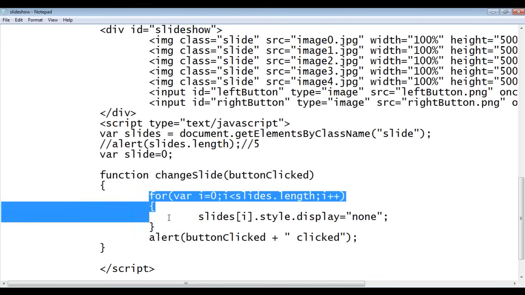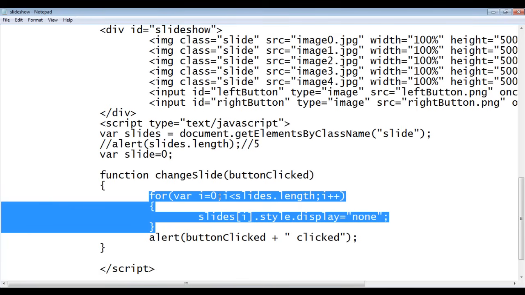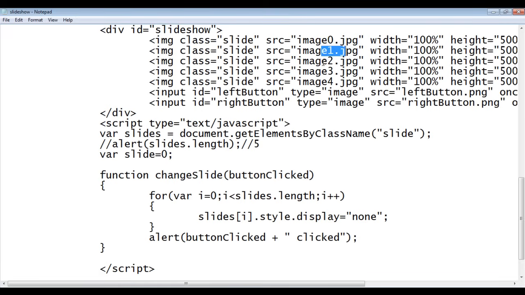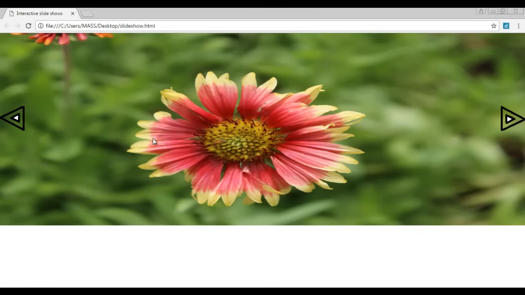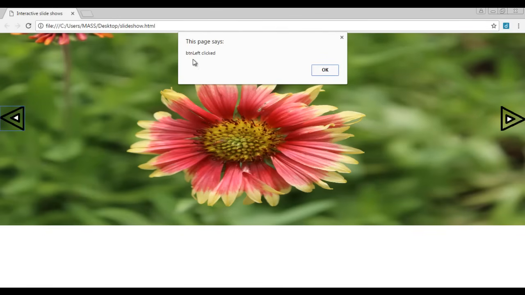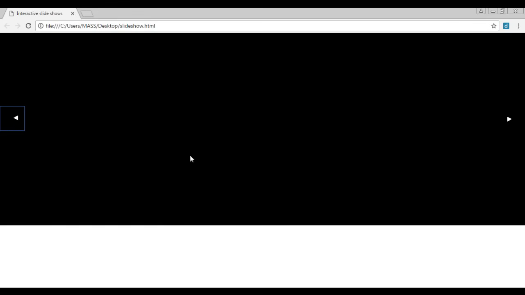So this for loop is going to make all the slides, 0 to 4, image0.jpg, image1.jpg, image2.jpg, image3.jpg, image4.jpg, all of those slides, invisible. Let's see that. I say file, save, go to the browser and refresh. When I click on the left button, you can see that it is showing btnLeft clicked, and all slides are invisible.